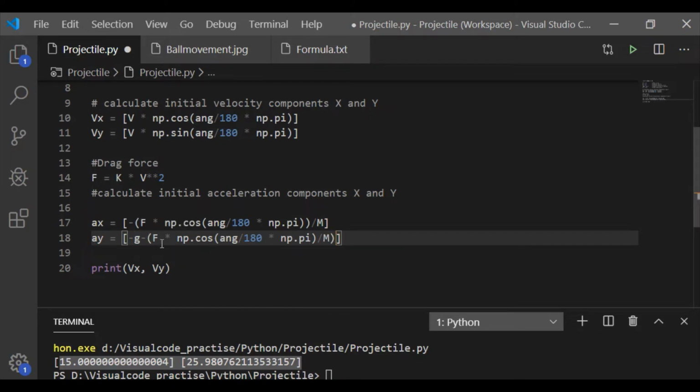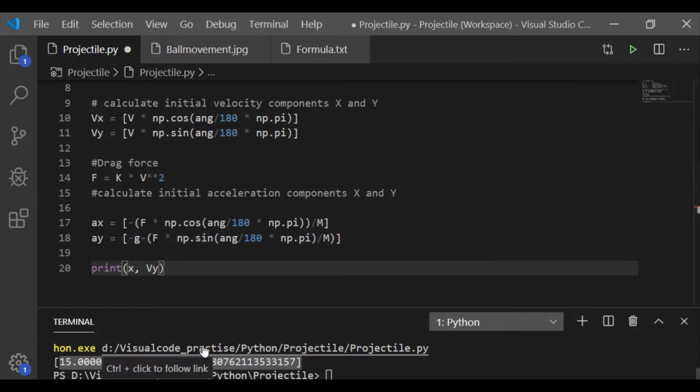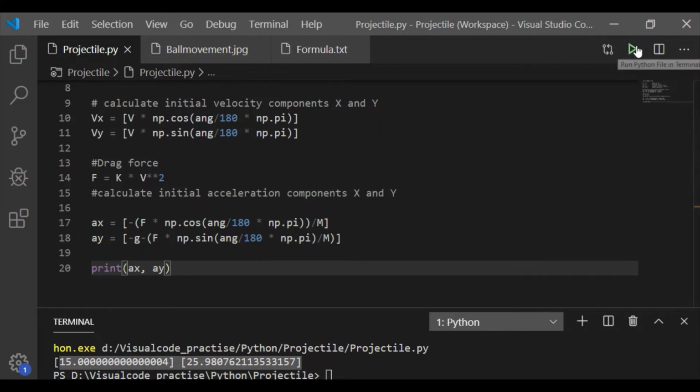Here m divides only F sine theta. G, the gravity, is not divided by m. So follow the braces. For sine theta and cos theta, we are using numpy. Now we will display the calculated initial acceleration components Ax and Ay for the velocity 30 and angle to the x-axis